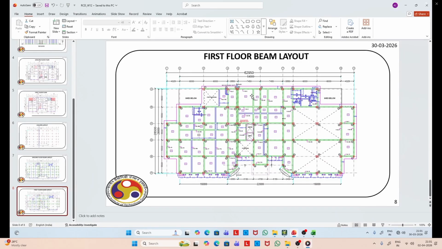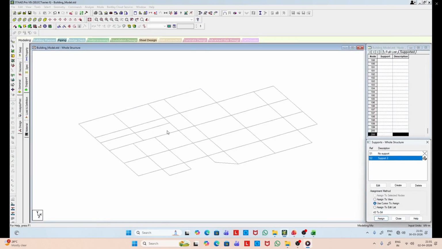At the first floor level, you can see there is a change in grid locations with some additional beams at a different point.